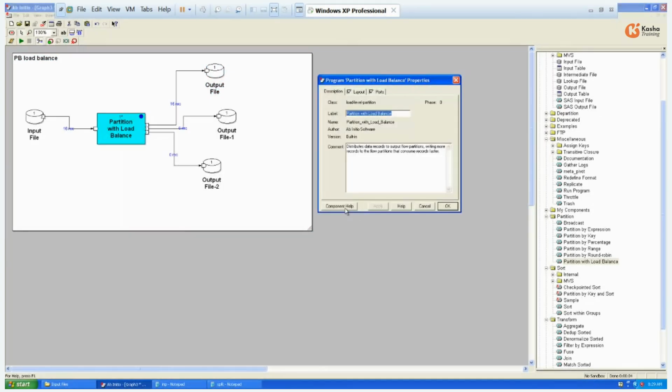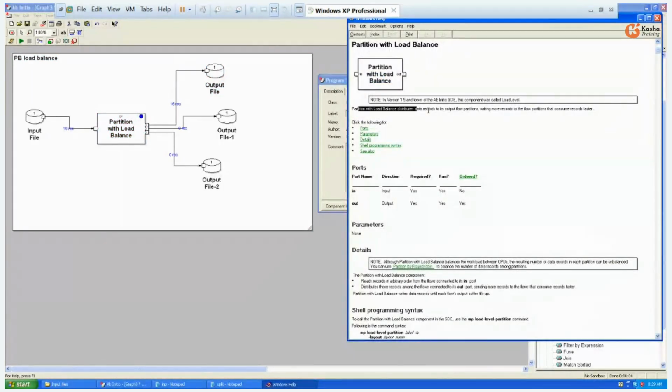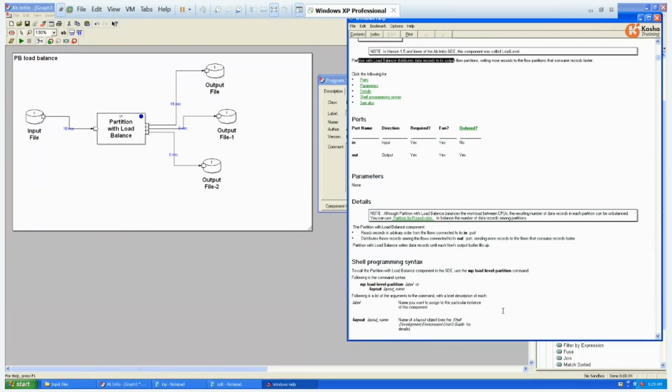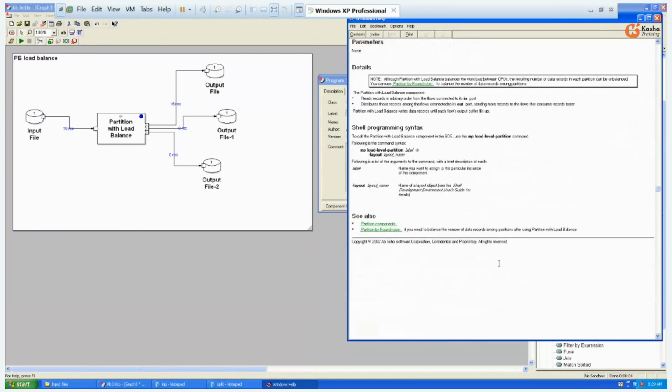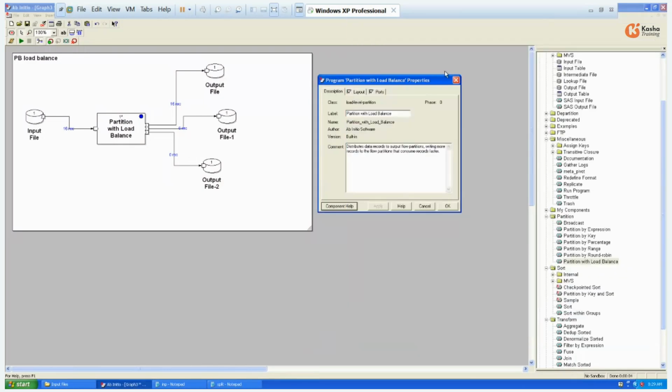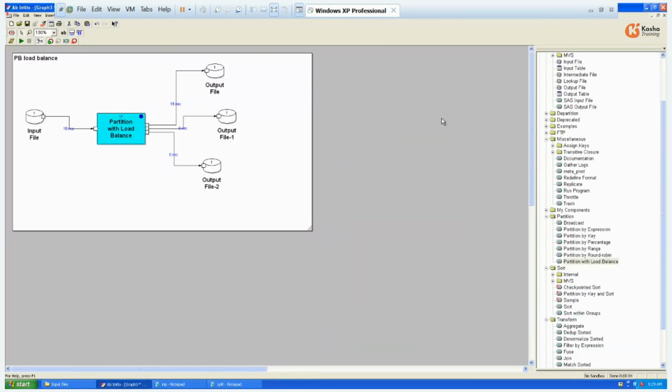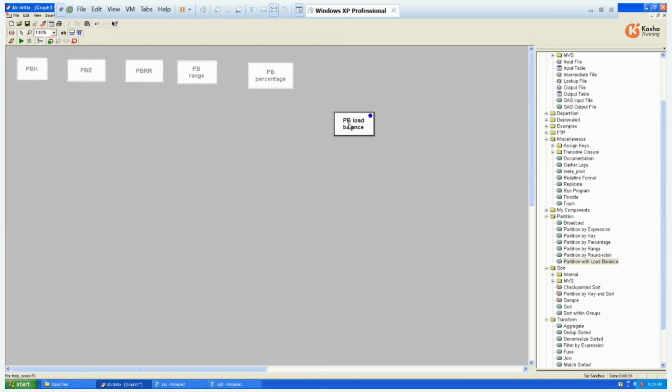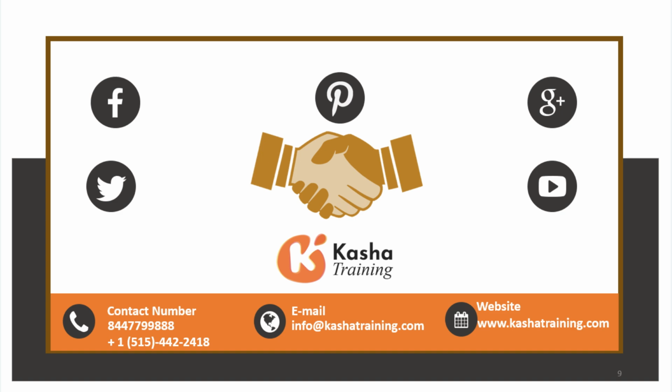Yes, understood. So you could see it will distribute the records based on the load level. Based on the load level, it will identify how many records it should allocate to each and every partition. So these are the different partition components we have, and in the latest version we have along with this